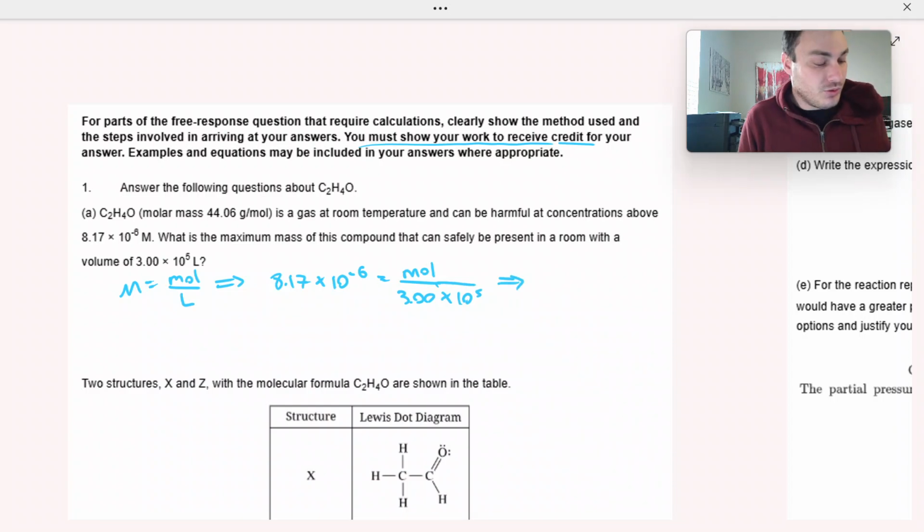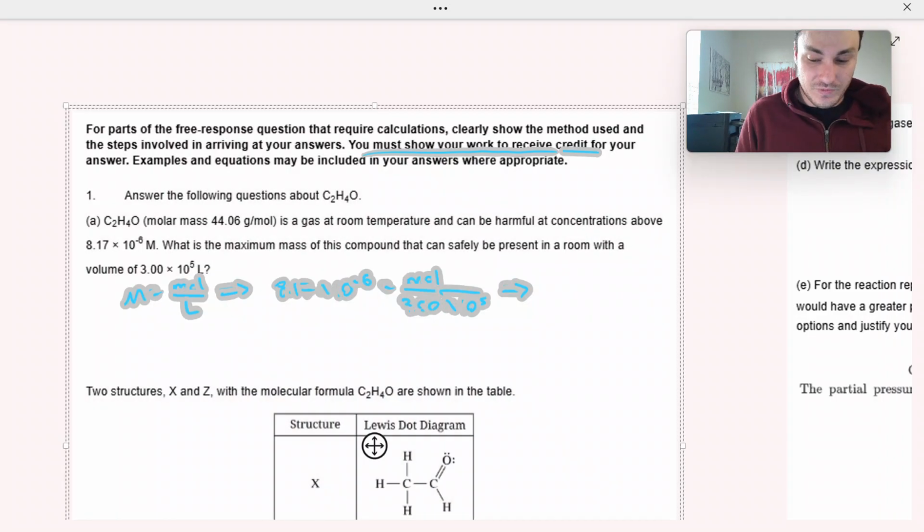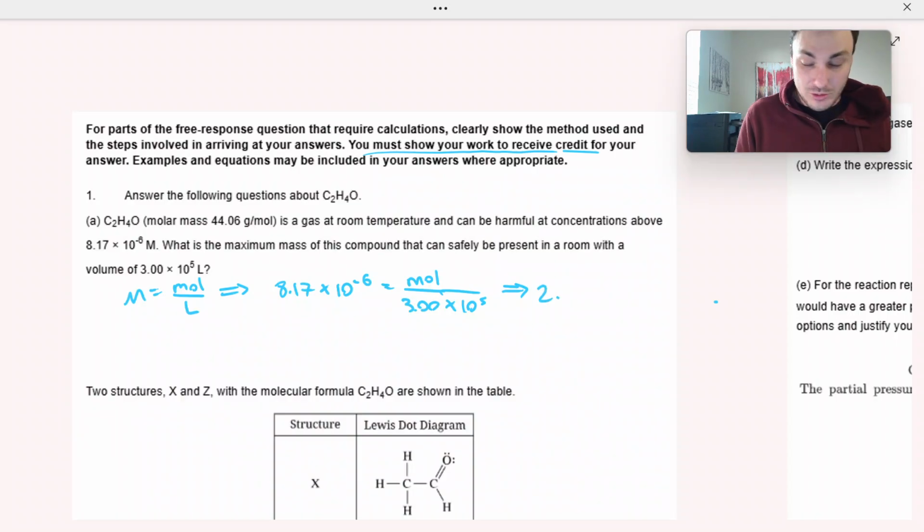Converting to moles, we get 8.17 times 10 to the negative 6 times 3 times 10 to the 5th. 2.451 moles. We're not done yet, so that's the amount of moles that we can have based off of that concentration and that volume. Let's convert that